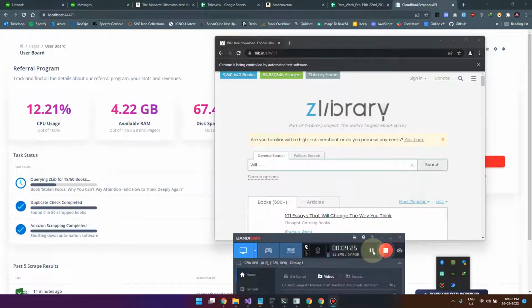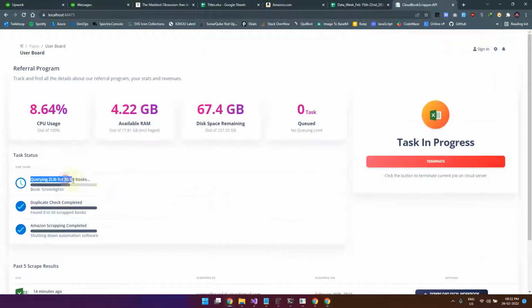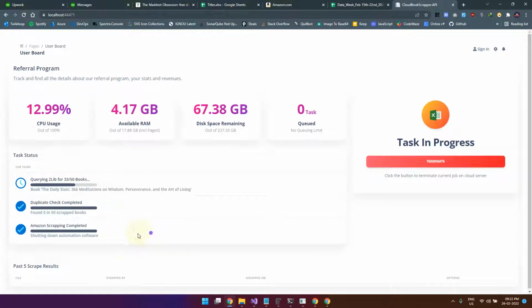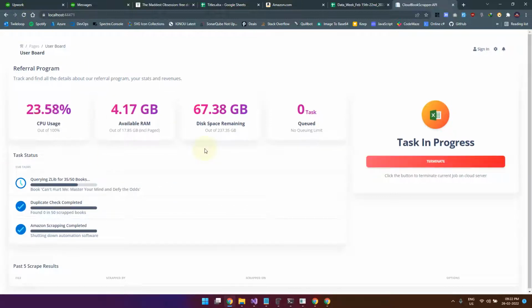I'll just pause this video for now. Alright, so it's almost collected 30 books. Now another advantage of this is that it is fully state proof. That means even if the user refreshes the page or even if he logs out and logs back in, this progress will not get lost. This will always be updated even if we refresh it